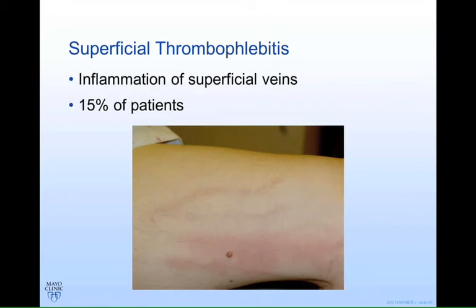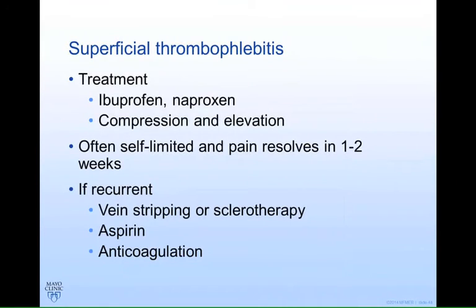This probably counts in the skin, but counts in other parts too, but superficial dermophlebitis can definitely be a big issue, which is just inflammation of the superficial veins. It happens in probably about 15% of patients with KT and other overgrowth conditions. In general, treatment for that is very supportive. Ibuprofen, compression, and elevation are very important. Often it will go away within a couple of weeks, but it might not. In those situations, especially if it's recurrent, vein stripping or sclerotherapy can be helpful, aspirin can be helpful, and even anticoagulation with low molecular weight heparin can be helpful in that setting.